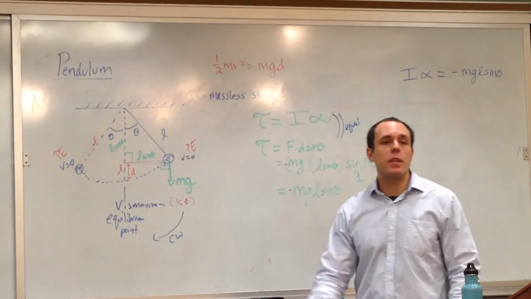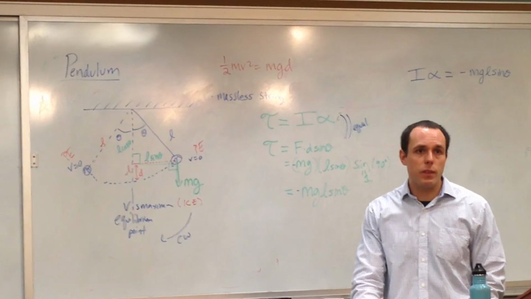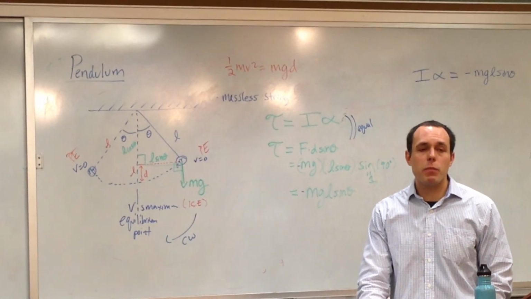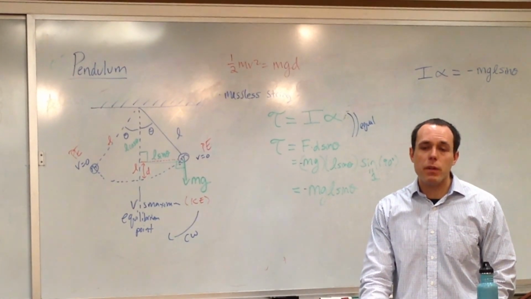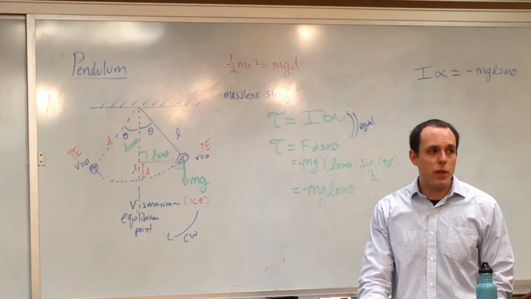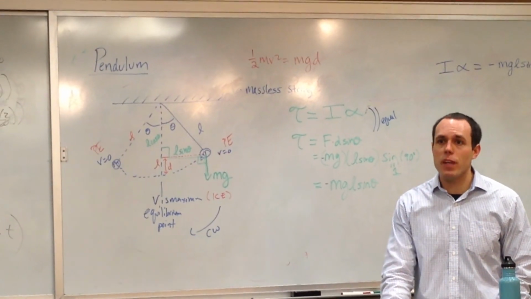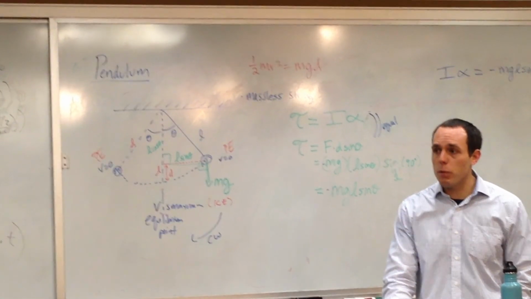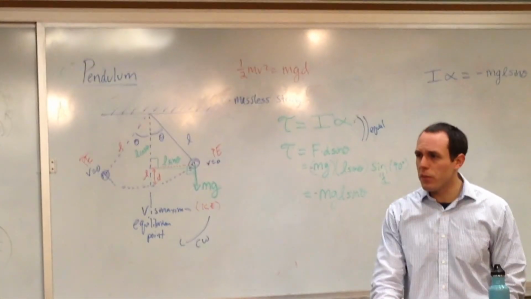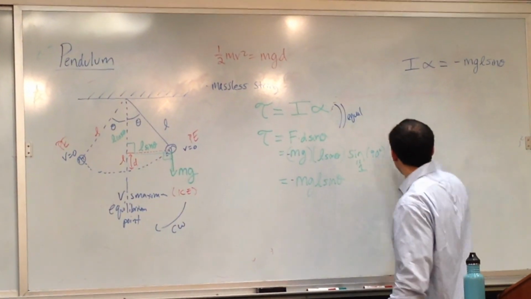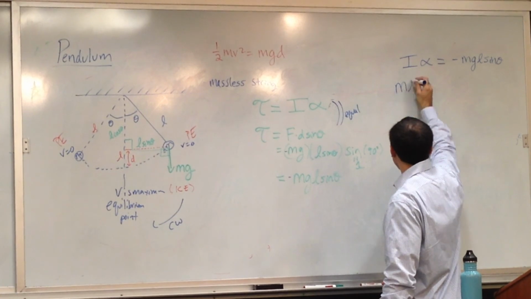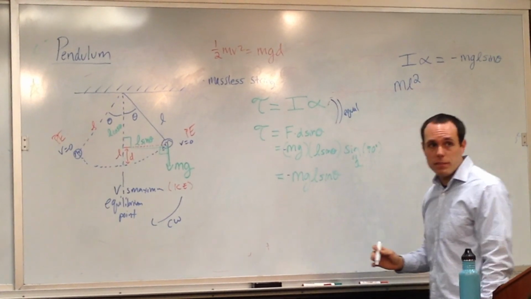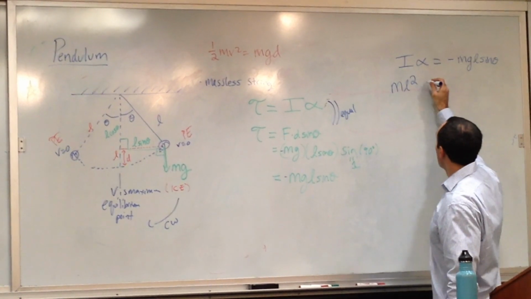I'm not going to go into it again, so refer to your notes for how I defined the moment of inertia. But for this system, in the same way I did the same exact problem with you in the lecture, I think, 2.5 weeks ago when I defined it, the moment of inertia I is going to be mL squared multiplied by